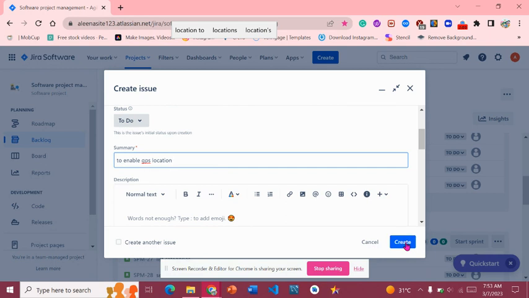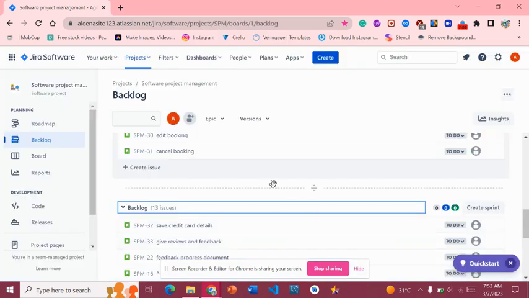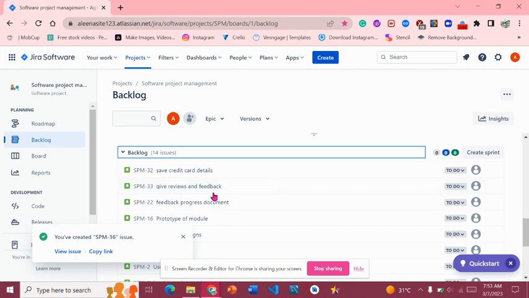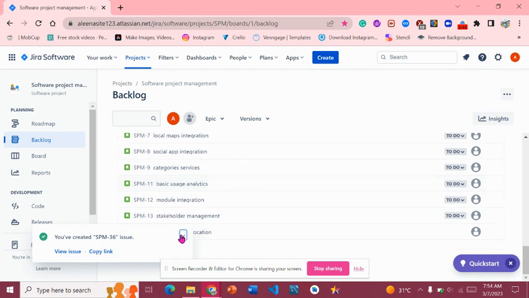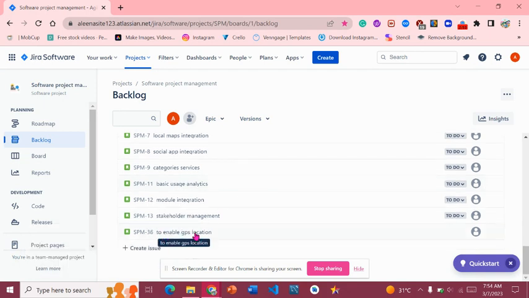And I can create it. To enable GPS location is one task, and it is added in there. Enable GPS location here. It is a to do task,